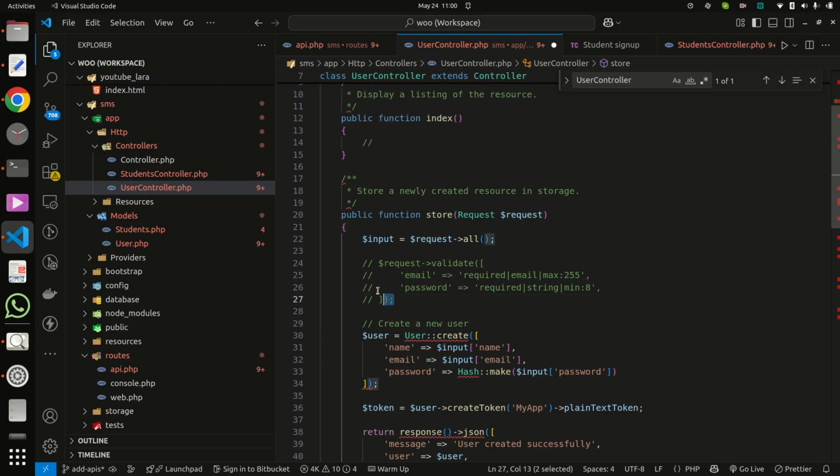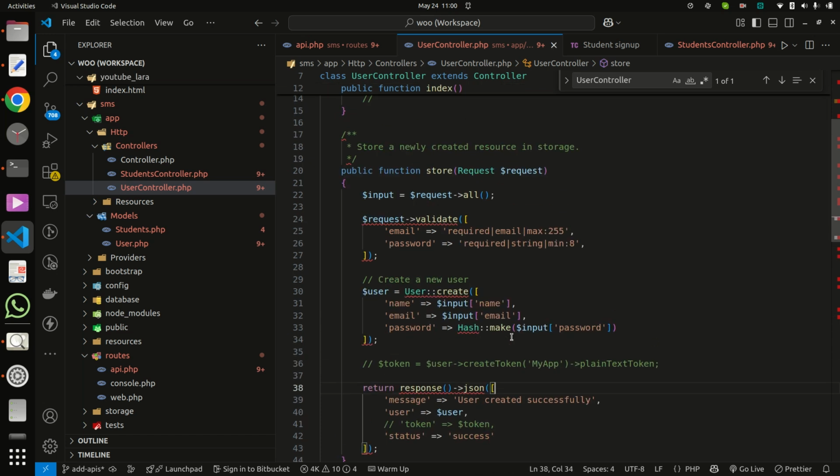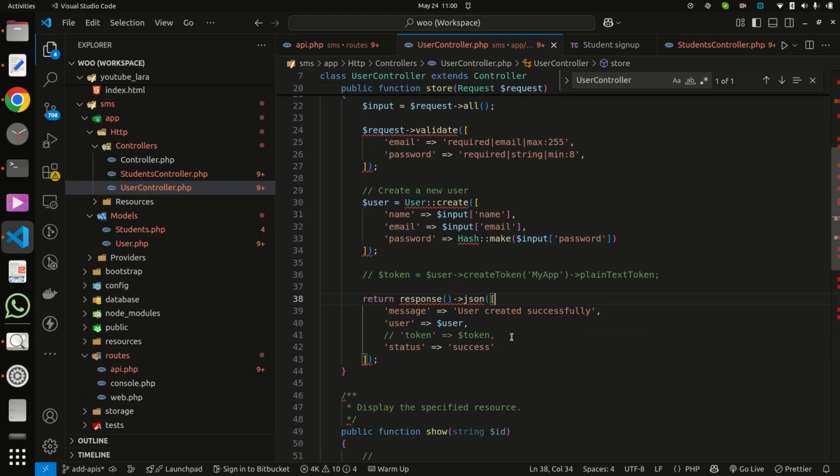Now go to the store method, and here first we will validate the information, and then create the user. Currently not creating a token, we will create the token after some time. So commenting out this.